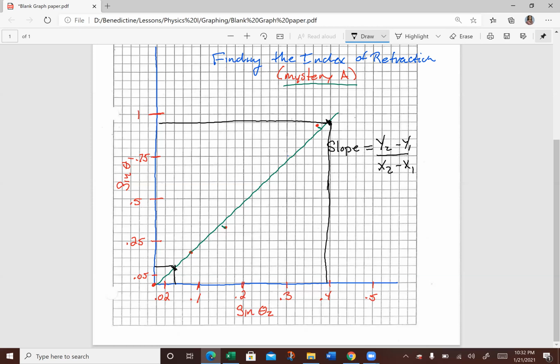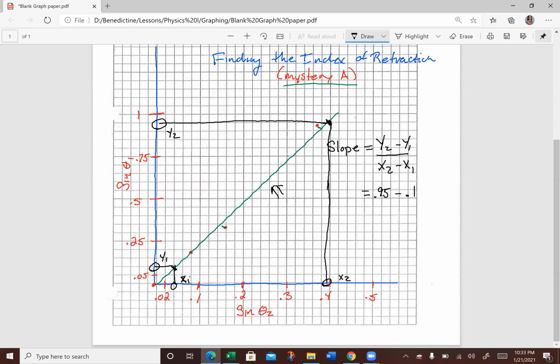All right, so my y2 is this value, and this value is my y1. This is going to be my x2, and this is my x1. So y2 is going to be 0.95 minus, and you might come up with a different answer. Don't think you're going to get the same answer as me, depending on the data points that you place in this area right here. That's what I did with those 3 points, but you're going to have 7 points that you're going to line up. So 0.95